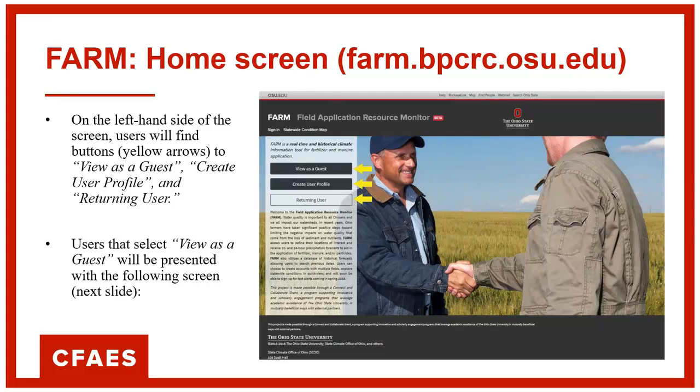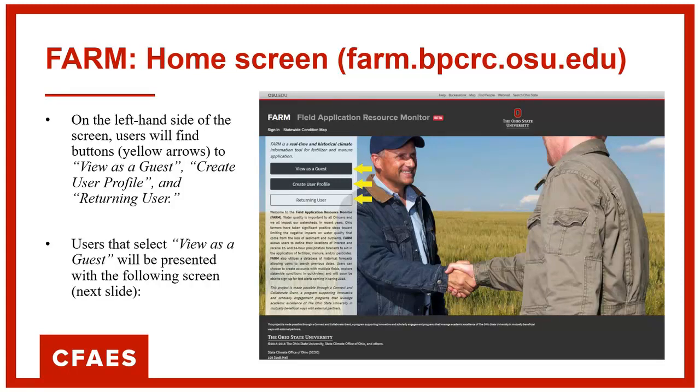And you can also get it from SCU's website, which is climate.osu.edu. So when you go there, and I know you're all going to go there, so thank you very much in advance, you're going to see this nice picture of two happy guys out in the field. And this is the introductory screen for SCU, or for farm.